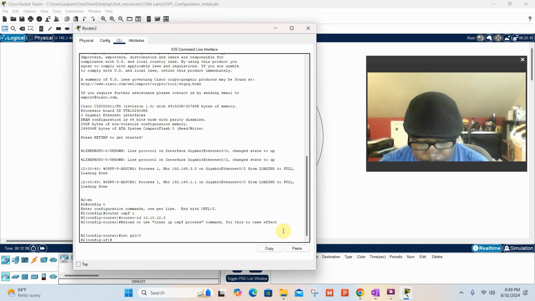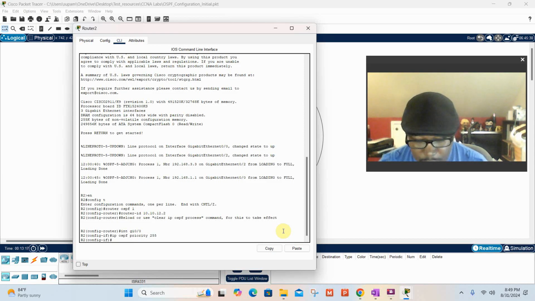So now that we're in, we're going to give it a priority. Router port, OSPF priority of like 255. Now, I don't remember where I know that from, but these are the instructions, believe me. I've done this probably 100 times. All right, so IP OSPF priority. You've got to be careful with your spelling. Be careful not to fat finger it too far. All right, so now we've got the router priority,